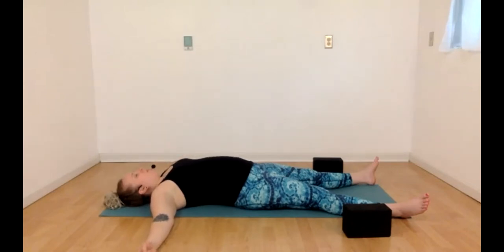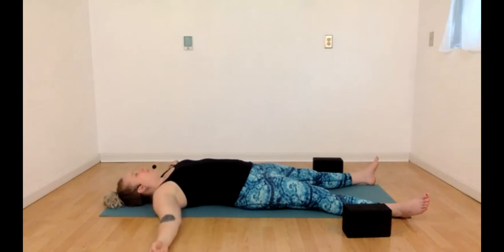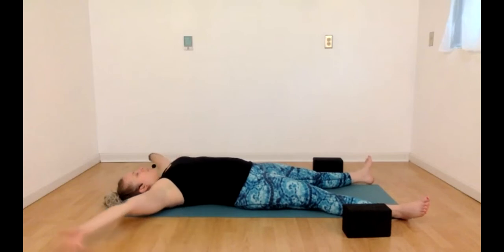And you are welcome to stay here, breathing and being as long as you would like. Eventually, you'll probably want to move on, and whenever that time comes, just gently reawakening the physical body with movement, just intuitive movement. Which parts of you feel like moving first today? How do you move when you're being kind and gentle? Can you increase that movement just a little bit